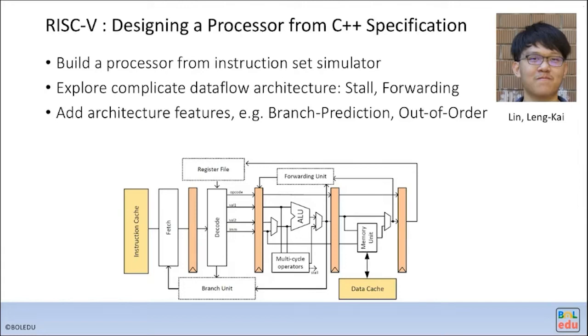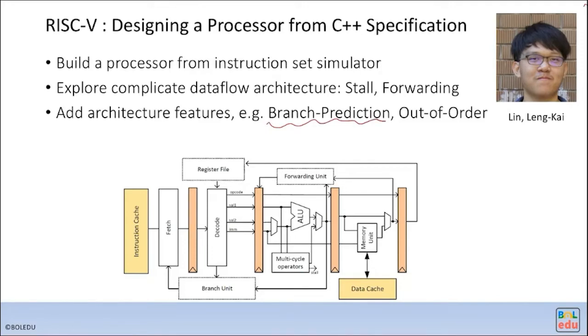Okay, so that's why I'm very interested in a high-level synthesis processor. Yeah. So this student, also from the next course, in their final project, put a branch prediction in the RISC-V